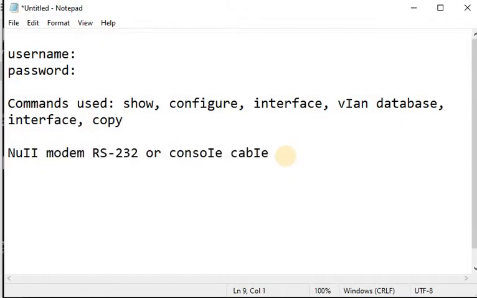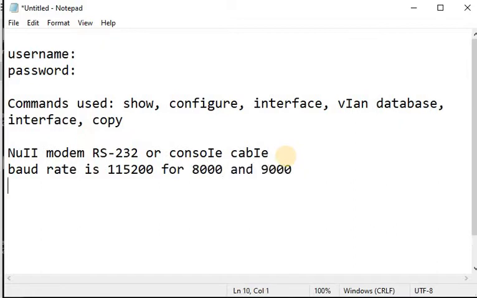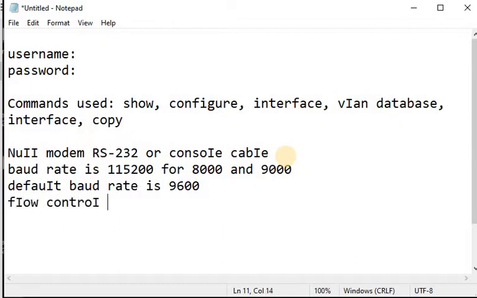The speed, or baud rate, is 115,200 for 8000 and 9000 switches. The default baud rate is 9600, and for flow control you will select none.